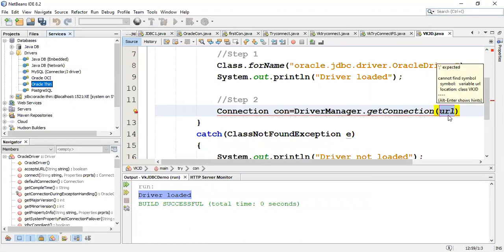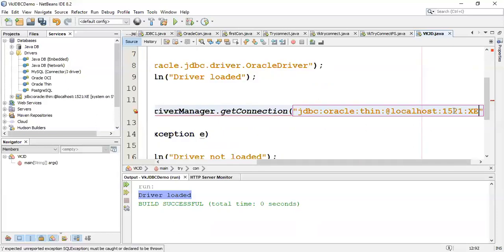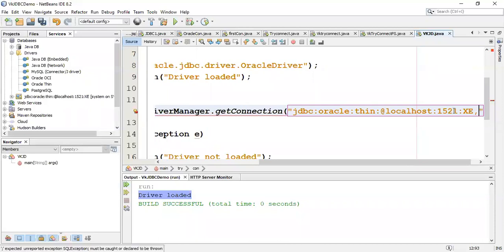So now I will give the driver name here inside my program. My control is there in the program. I give the Oracle XE driver name. This is my first parameter. The second parameter is the username. What is the username? I have system, and then Oracle.